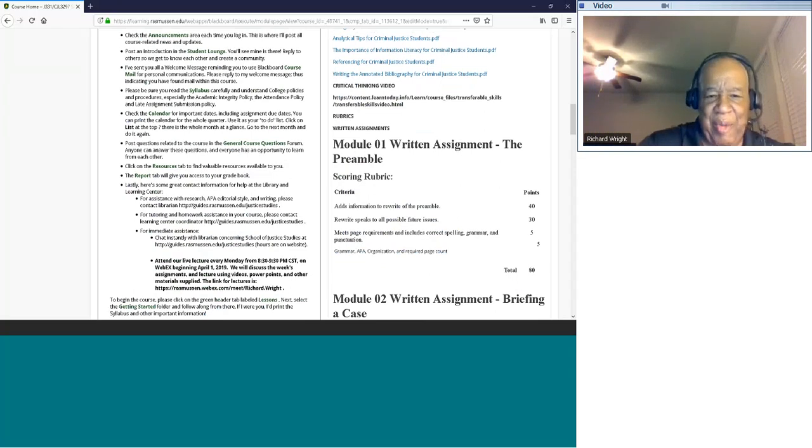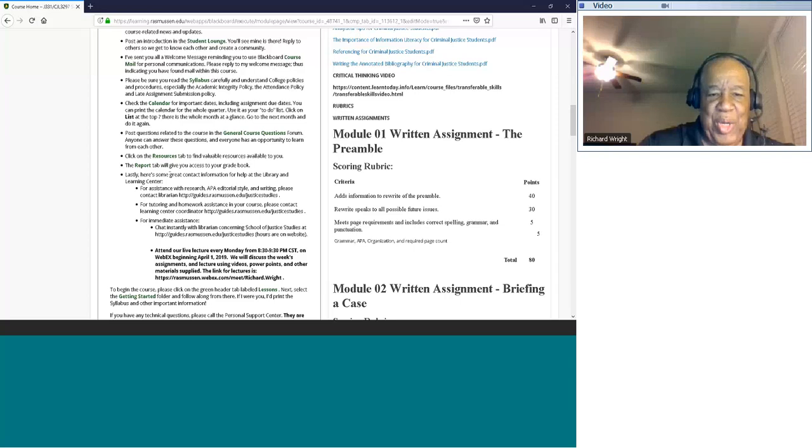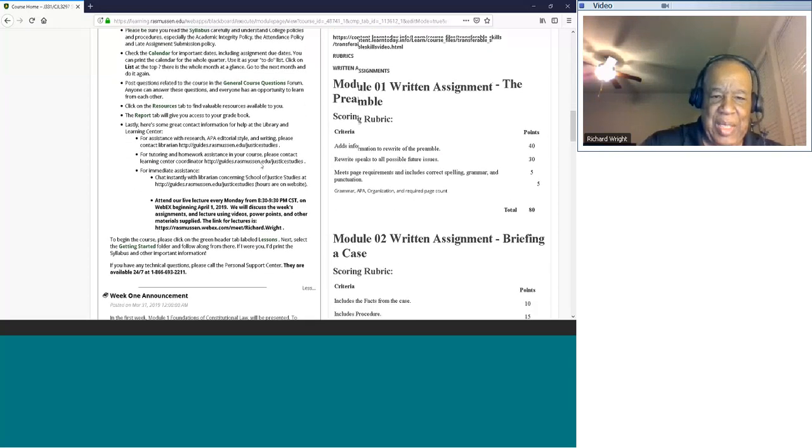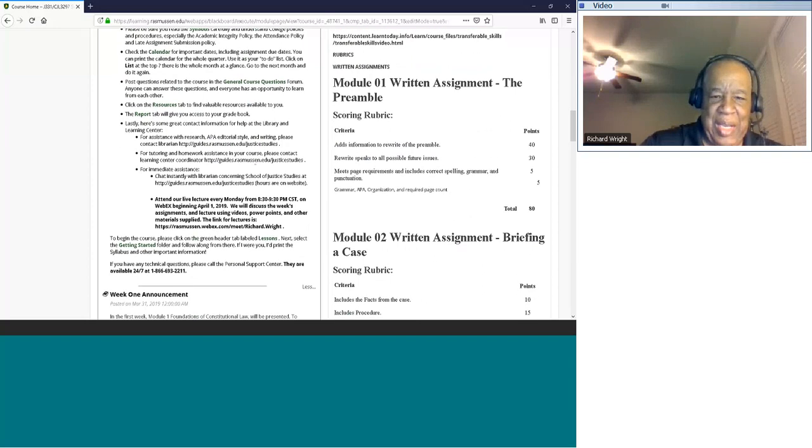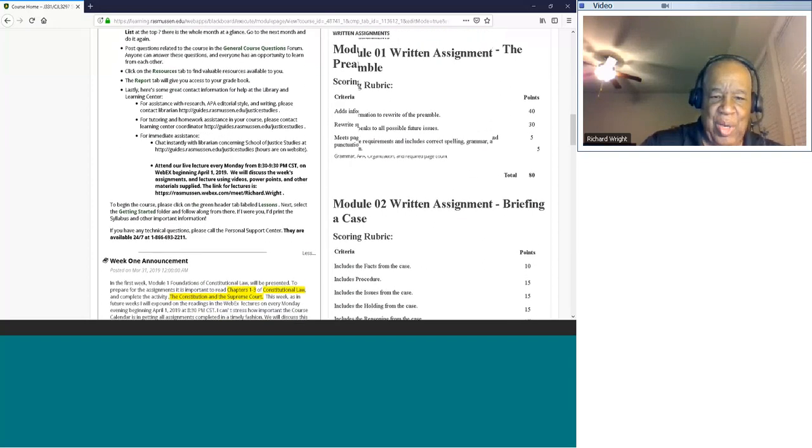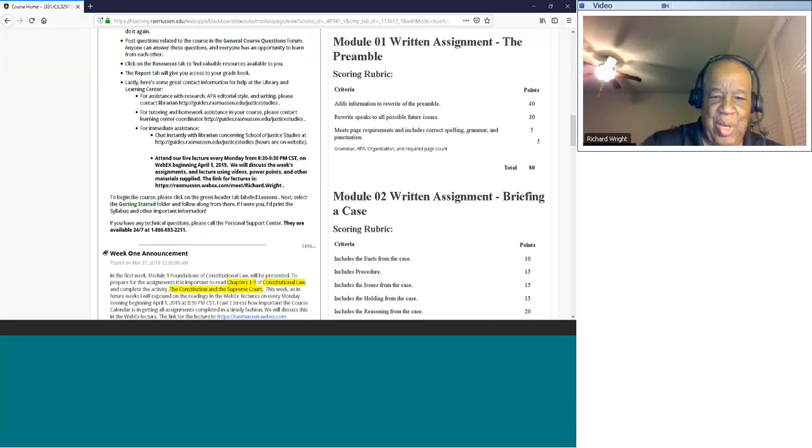Then the resources tab, I've already shared that with you. The report tab is something that I don't use. It's for you to check your grades. I had a student one time say, well, I don't check my grades. Why not? Every week you should check your grades so you can see how you're doing. All right? And then these are some other guidelines and links that will help you as well. And then this is the reminder that our live lectures are every day, Monday between 8:30 and 9:30, beginning today, but you know already that today's is 10 o'clock.